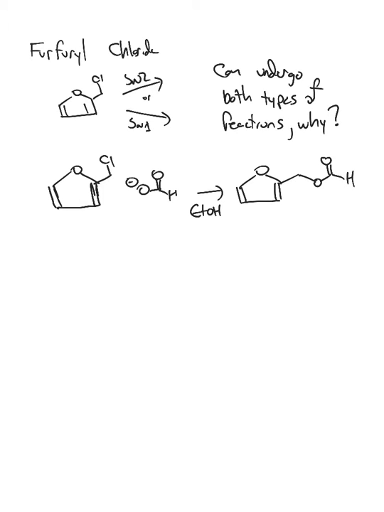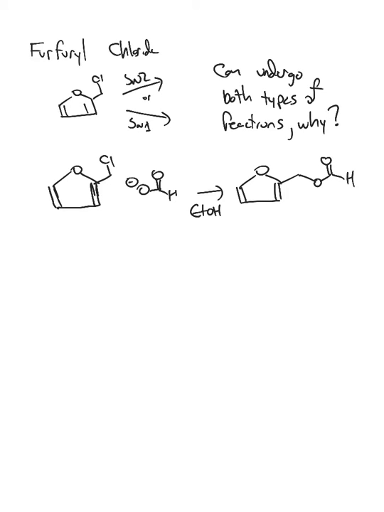Hello again, and here we have a problem 6.54 from your book, and it is the reaction of furfuryl chloride. And the problem tells us that furfuryl chloride can undergo either an SN2 or an SN1 mechanism. And part of the problem is how can this reagent undergo both types of reactions and why? And then